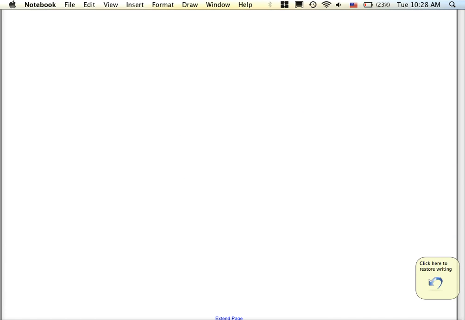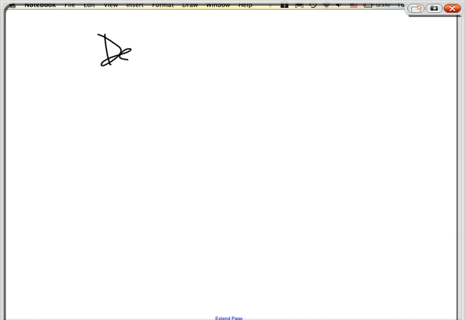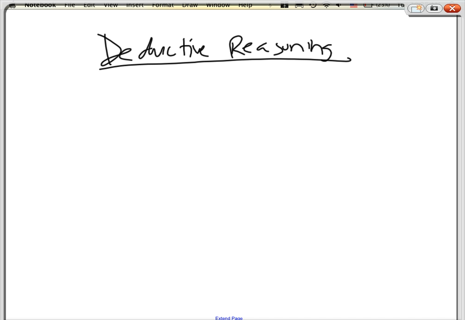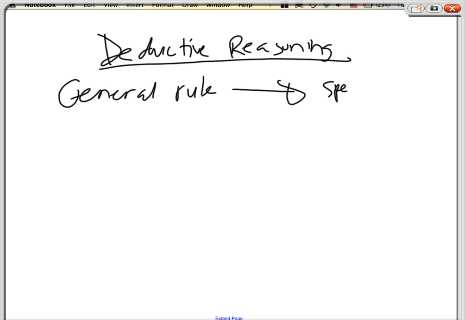Next one I want to talk about is deductive reasoning. Now, do you know what deduction means? Yeah. What does it mean to you? Oh, good. Go down. That means you start with something big and you go down to very specific, right? So in mathematics, what does it mean? It means this. It means that you start with something very general, like a general rule, and then you deduct that rule and arrive to a very specific valid conclusion